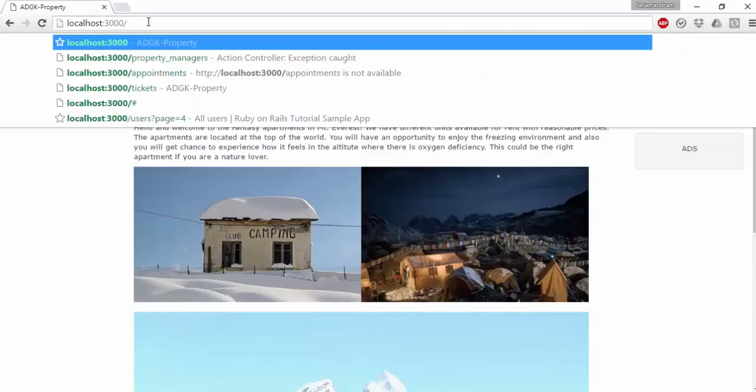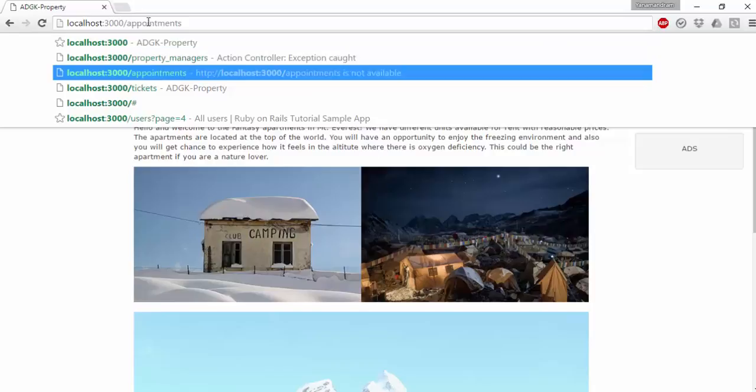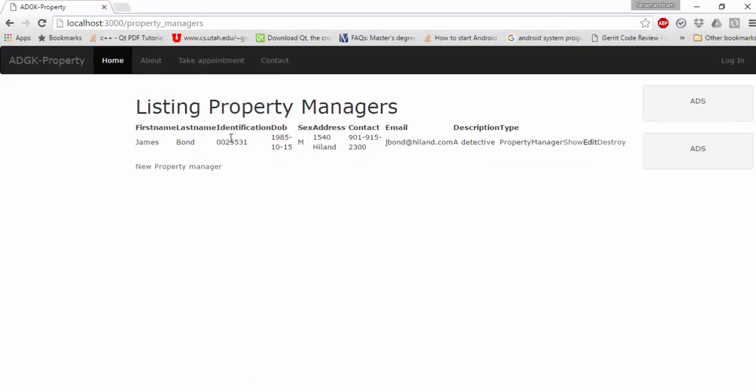So without further ado, if I wanted to look at the various backend points of this particular system, I could take a look at it like this. Like I mentioned, there is already some seed data in the system which is used to describe certain functionalities in the system. For example, if I wanted to list the various property managers which are governed by the system, I could do so using this particular URL here, which is /property_managers,